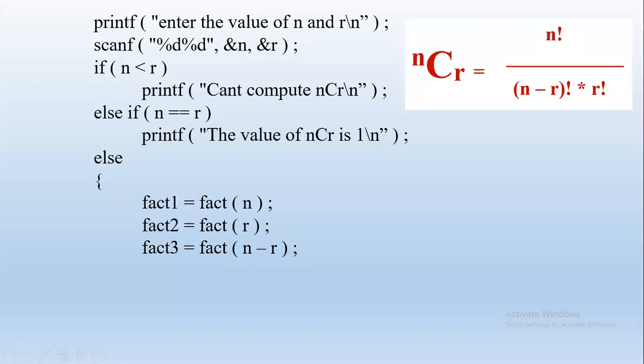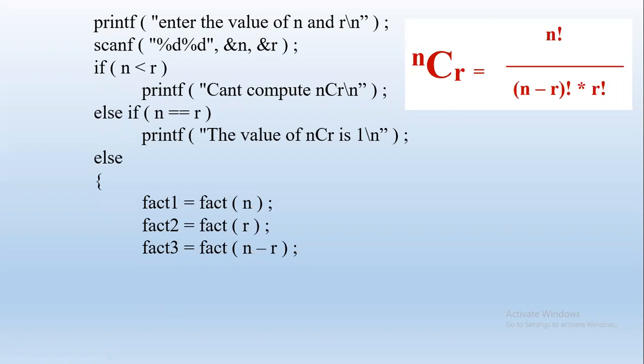Every time the control will go to this function, calculate, execute that fact, come back and give the answer, store it to fact 1. Then fact of r is passed. So fact of 3 will be calculated. It goes to the function, calculates 3 factorial. So that is 6. It is returned and that is stored to fact 2. So we are calling the function 3 times. Now fact of 2, 5 minus 3 is 2, is sent. So from here, control goes to the function fact, calculates 2 into 1 is 2. So that is returned. That gets stored to fact 3. Now you can observe some 9 or 10 lines of code got reduced to only 3 lines, right? So that is the advantage of using functions.